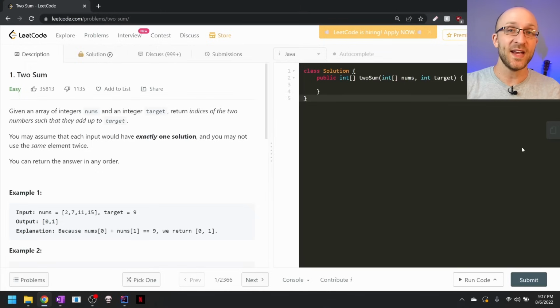We're going to be doing a LeetCode coding exercise. I wanted to do this for a couple of reasons. First, programming exercises are just really cool and a lot of fun. And second, I think this is a great way that we can apply and solidify any of the Java knowledge